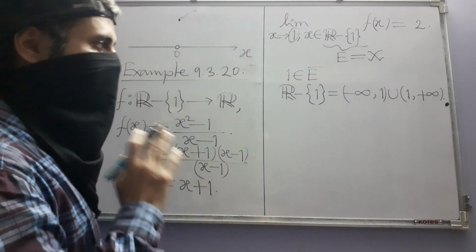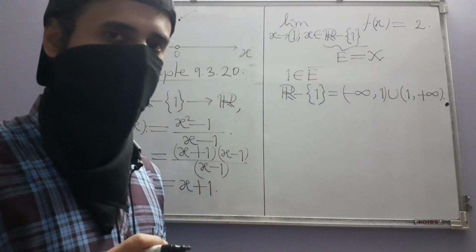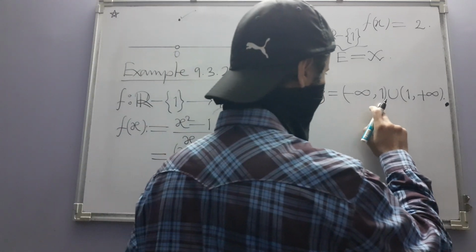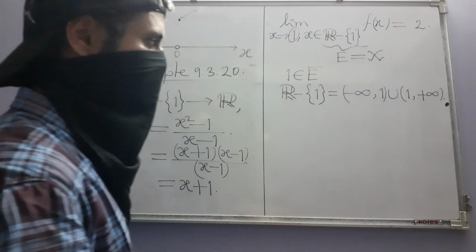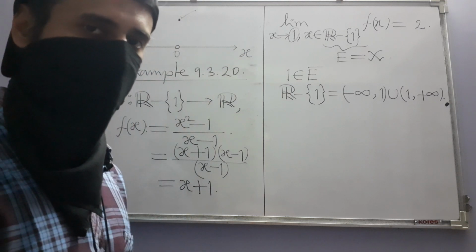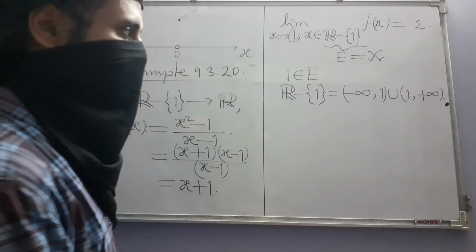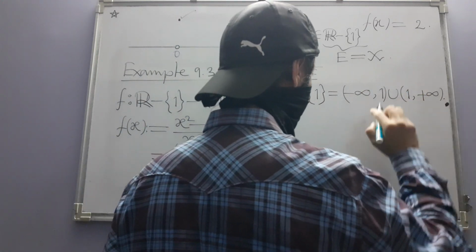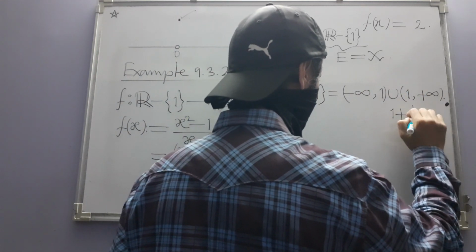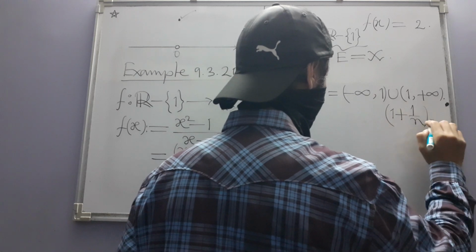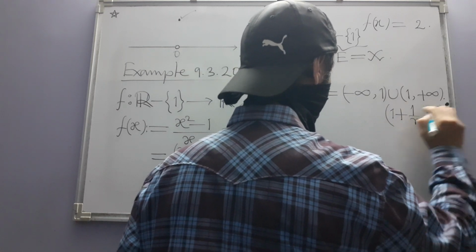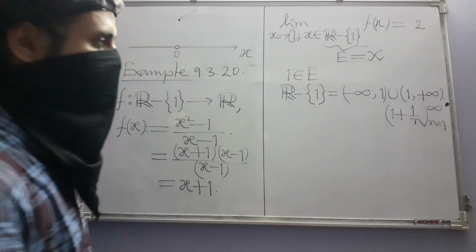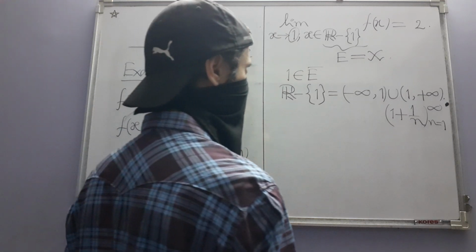When does a real number become an adherent point of a set? There is a definition for that, but more effectively, if you find a sequence of points in the set which converges to that real number. And one such sequence, of course, it lies on this part, is 1 plus 1 over n. This is a sequence in your set that converges to 1. So yes, 1 is an adherent point.